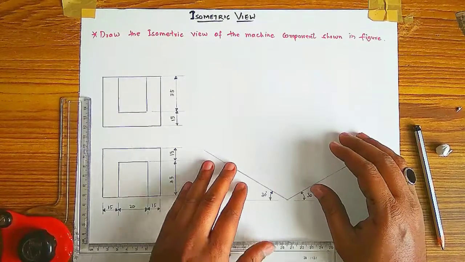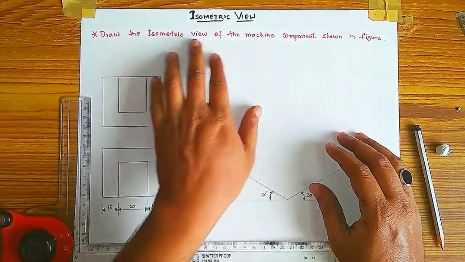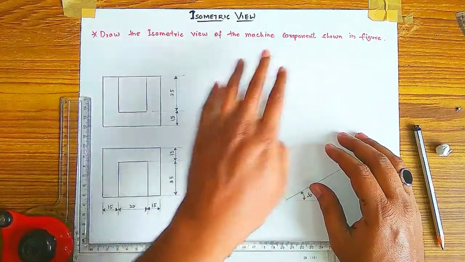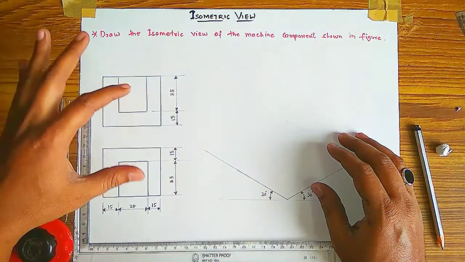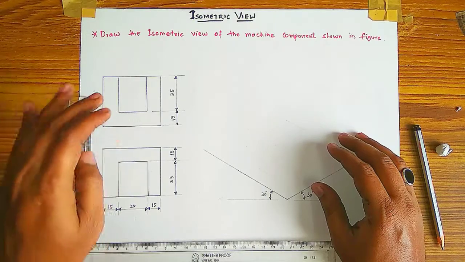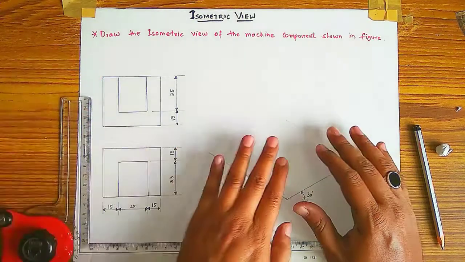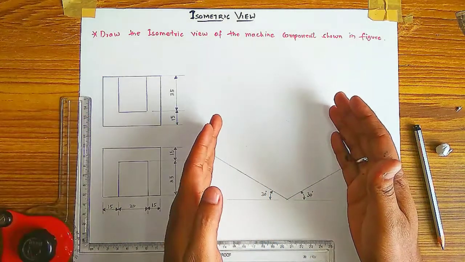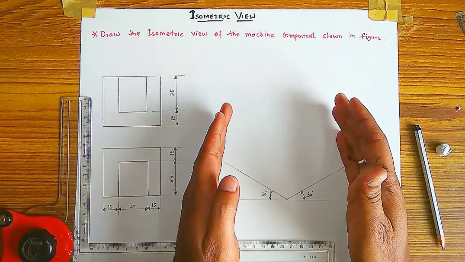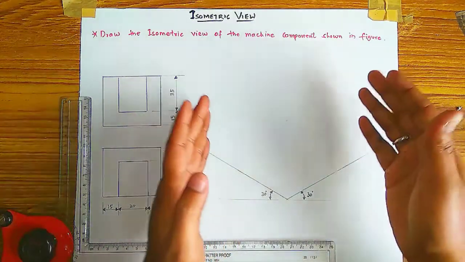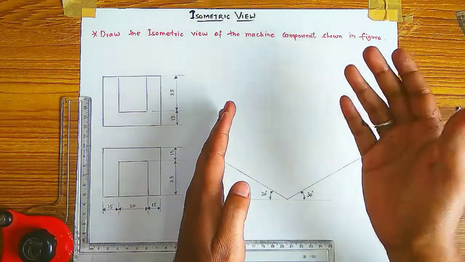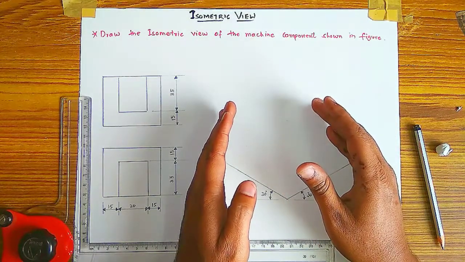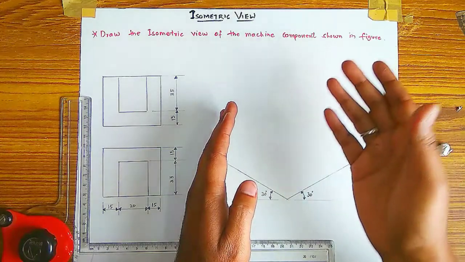Today I am going to explain the isometric view problem of a machine component as shown in the figure. It is a question, and this is the orthographic view, that is the front view and top view. How to draw the front view, top view, and isometric view, I am going to explain in detail. Please watch my videos till the end and also do it by yourself, then only you will come to understand. This problem is applicable to diploma, ITI and engineering students, for 10 to 15 marks in different branches.